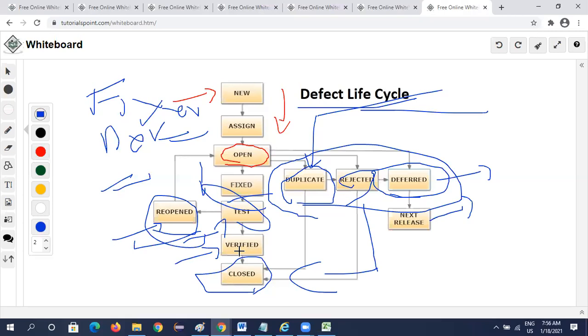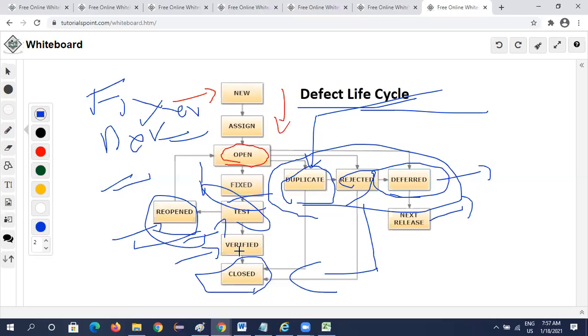You discussed severity and priority. Is there any time limit for that, like 1 or 2 days or hours? No, see, high severity means you need to do it on the fly. Immediately, you need to address. If the priority is low, you need not address it immediately. It can take some time. So there is no time limit for that, no specific time.